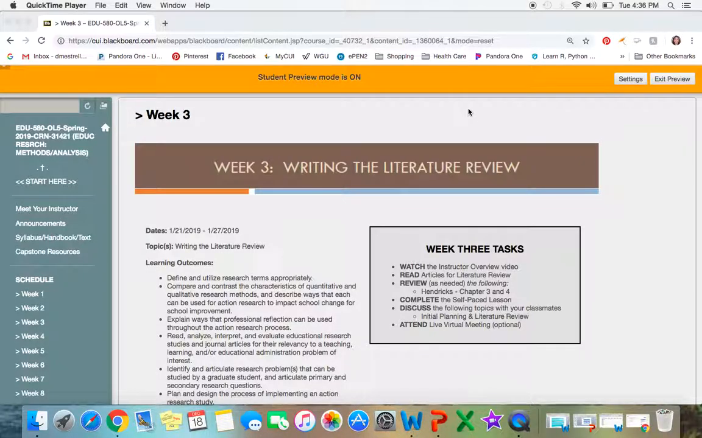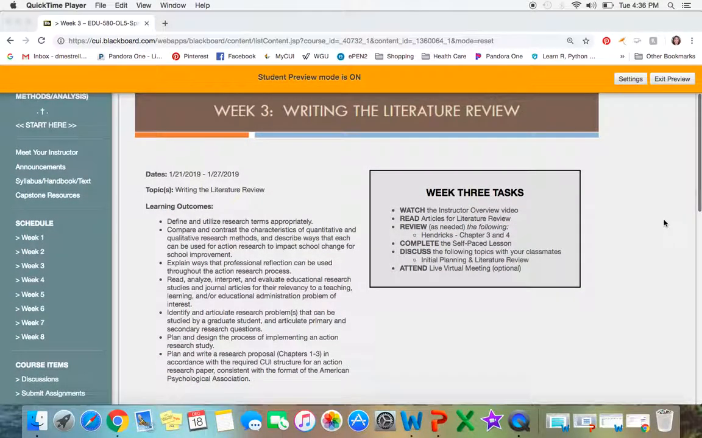Welcome to week 3. This week's topic is writing the literature review. And the outcomes for this week include define and utilize research terms appropriately, compare and contrast the characteristics of quantitative